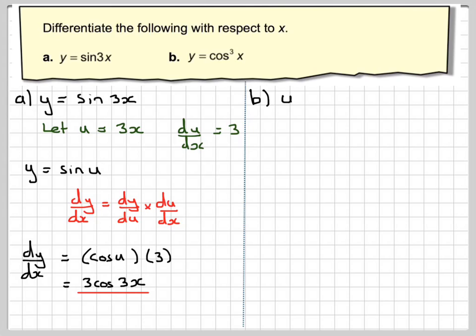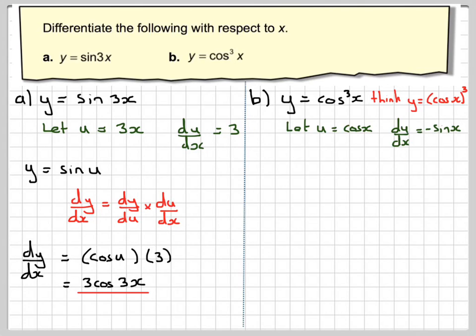If I have to differentiate something like y is equal to cos cubed x, then I need to think of it as y is equal to cos x cubed. Now, when we differentiate, we let u be equal to cos x, so we let u be equal to the bracket, and therefore du by dx, the differential of cos x, is minus sine x. y is equal to u cubed,